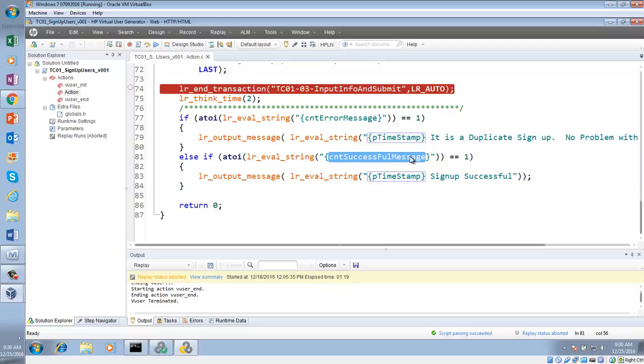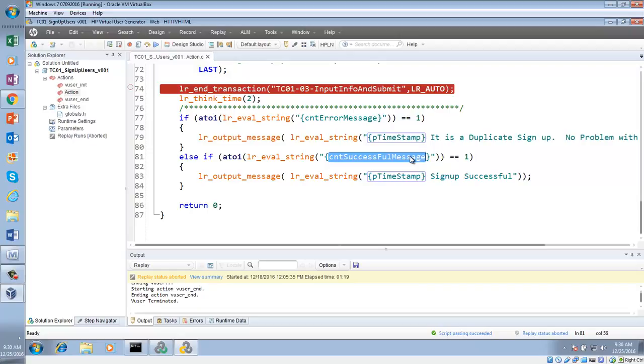Now when we are submitting the information, we are looking at what message appeared, right? So how are we looking at what message appeared? When you are submitting a request, you are getting a response from the server. In the response, you have either a welcome message or a user already taken message. Now what is the mechanism, the way we are verifying? Can anyone tell me?